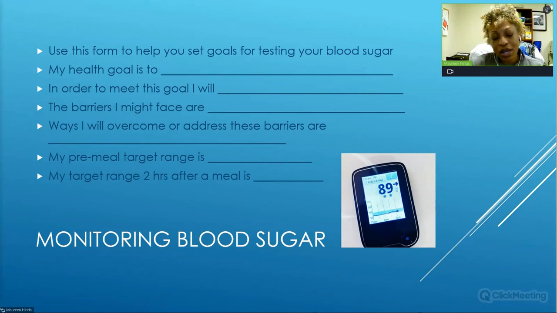So I have patients who said, yeah, I check every morning. But every morning is just telling me how you're doing every morning. It's not really telling me how you're doing in the middle of the day or later in the evening. So, they may say, my blood sugar is so good in the mornings. It's less than 100 every morning. But they go in, their A1C is really high, and I can't figure out why. It's because you're probably not capturing those high numbers later on at different times of the day.